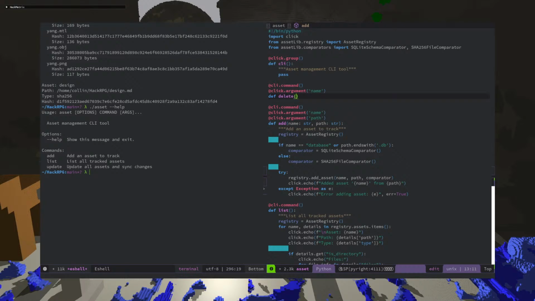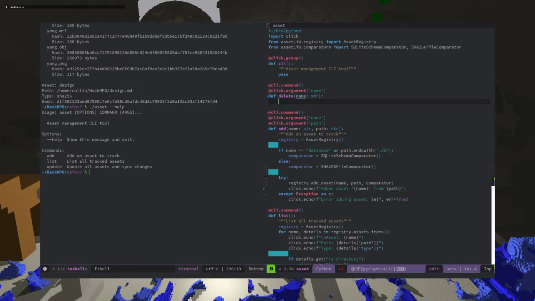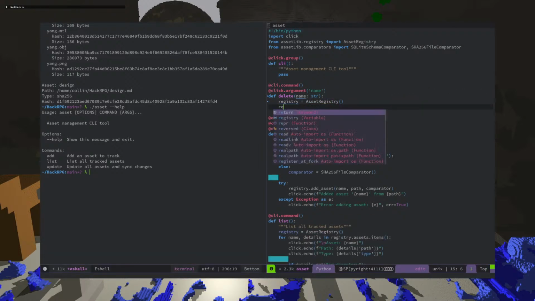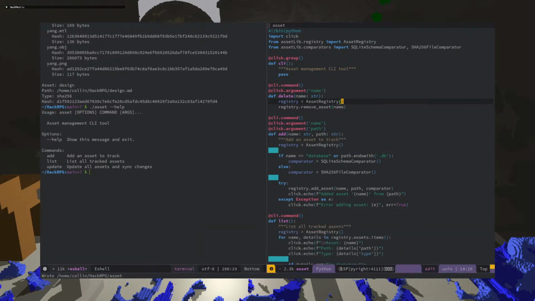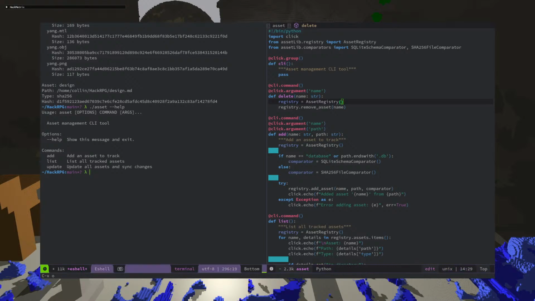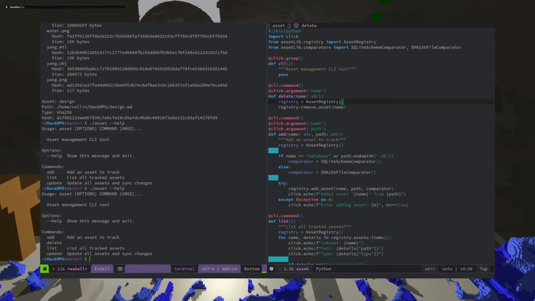Def delete name str, and then this will be registry equals asset registry. So I create it, and then registry.remove_asset name, like so. And then I can say asset help, and it should exist now.